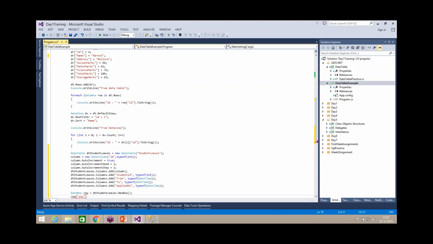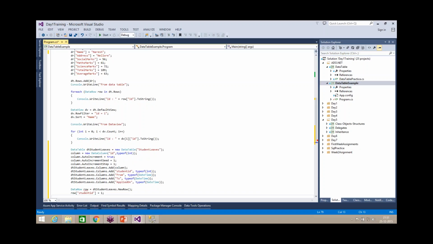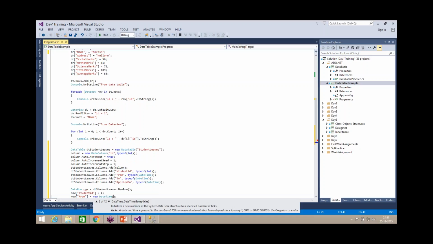So student id equal to, I can keep some one. Row of from date equal to, I can give some date, new date of